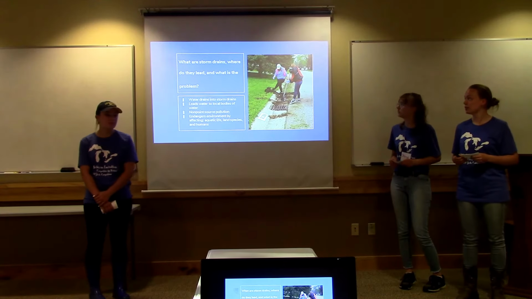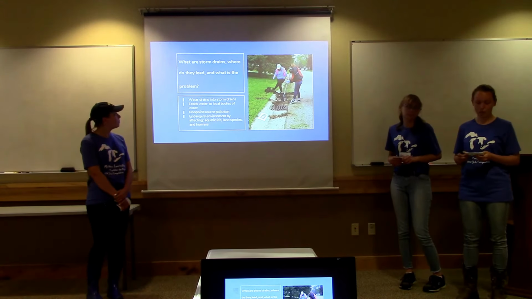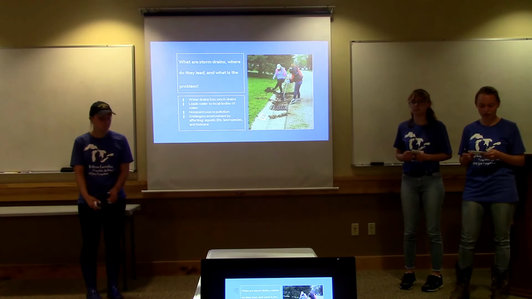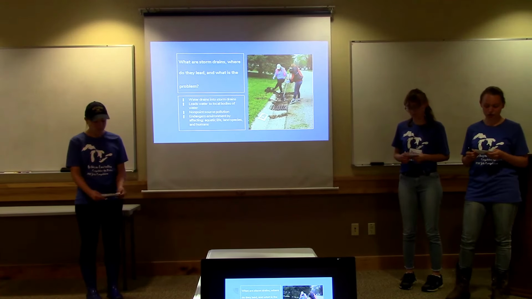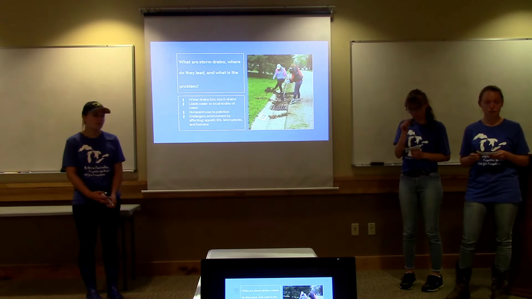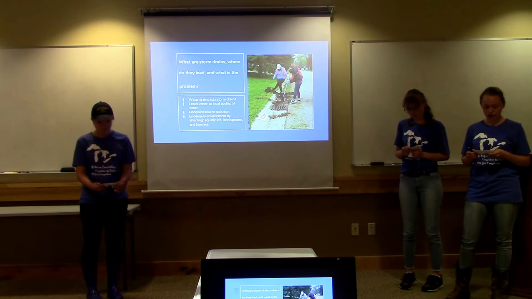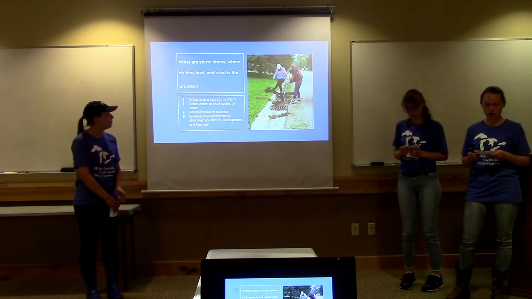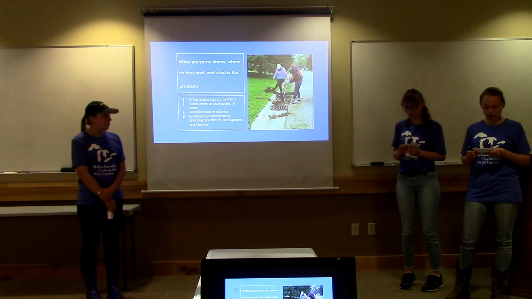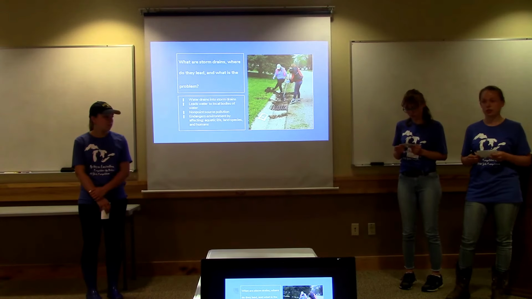So what are storm drains and where do they lead and what is the problem? A storm drain is an exit point for water on streets and in neighborhoods. The water comes from storms that have produced lots of water runoff in the streets and people's yards. After the water exits the streets and the yards and goes into the storm drain, it then enters a system of drains where it eventually makes it into local bodies of water such as streams, rivers, and lakes.